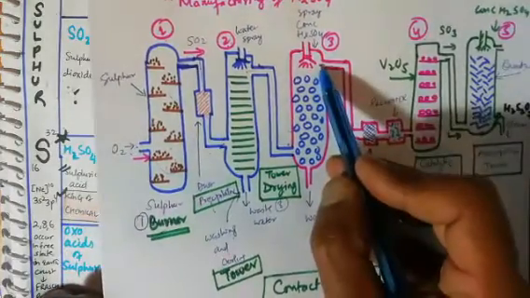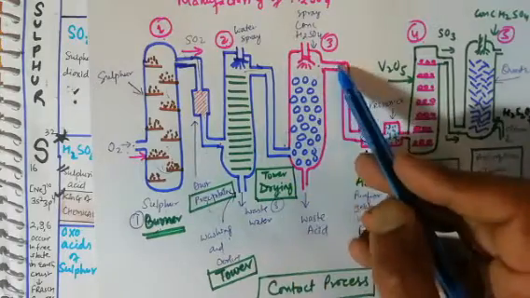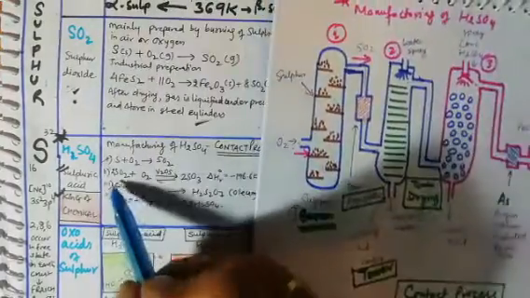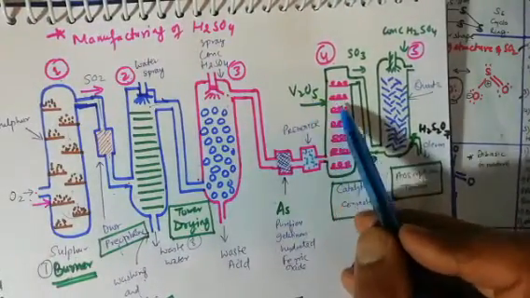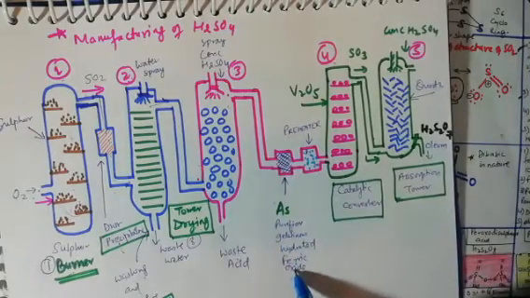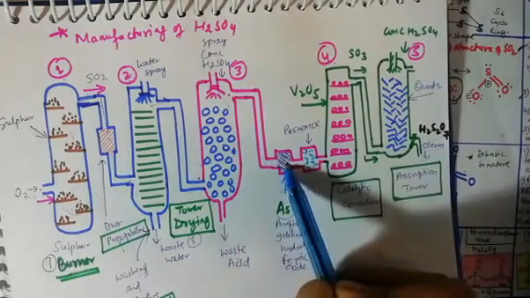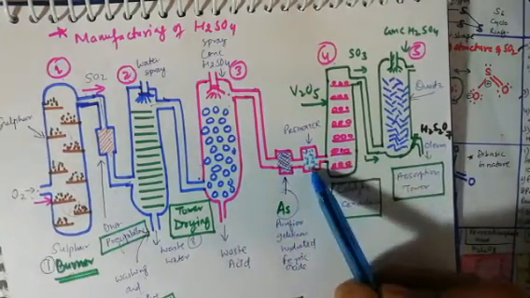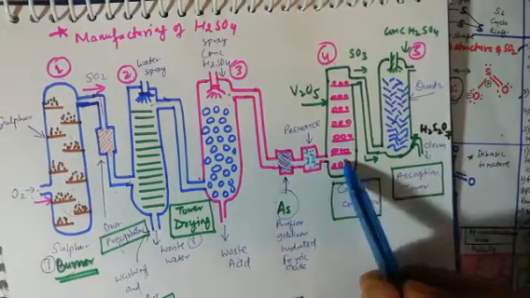So next, when we dry the sulfur dioxide, that sulfur dioxide will further react with O2 in the catalytic chamber. Now we are going to add that catalytic chamber. The arsenic purifier uses gelatinous hydrated ferric hydroxide. The arsenic purifier will purify that dried sulfur dioxide, and it will heat it, increasing the temperature. After that it will pass into the catalytic converter.